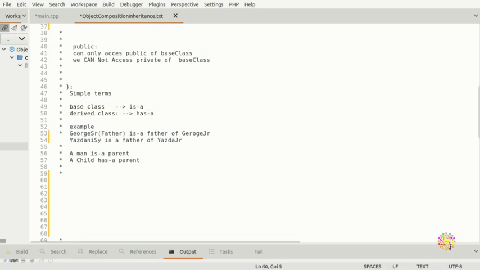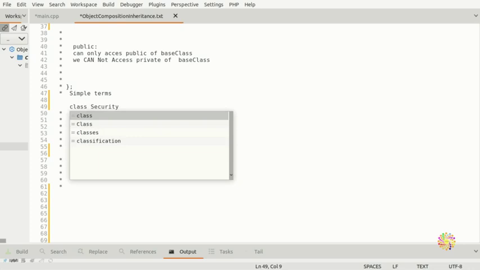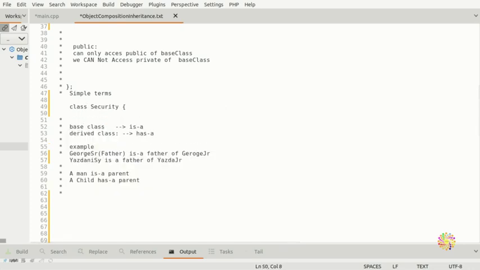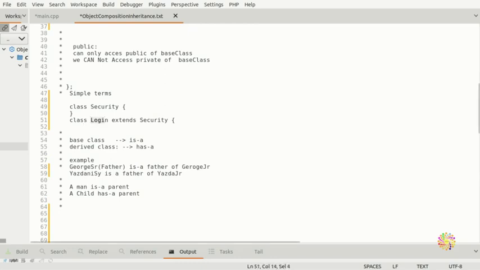Say for example in PHP you're building security, a class security for your login, to authenticate users coming in through your login and registration. If you want to make a class login and use the security class as its base class, you need to put extends security, because now your class login or class registration extends from this parent class.